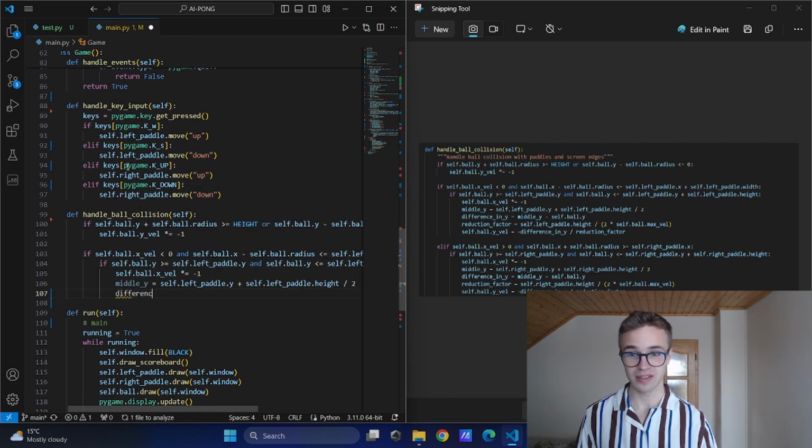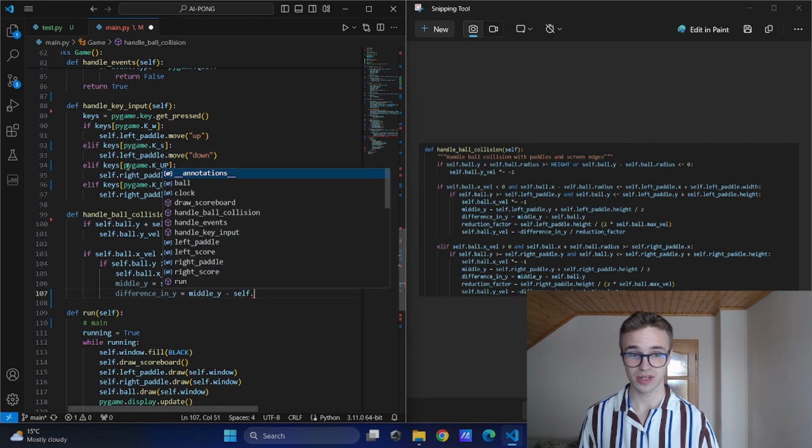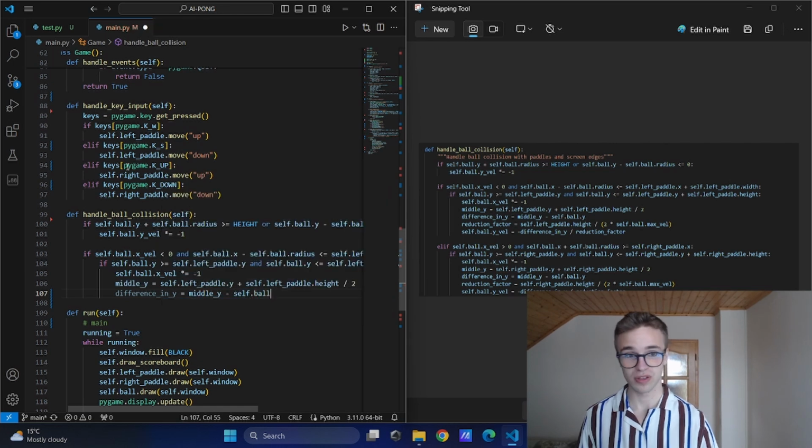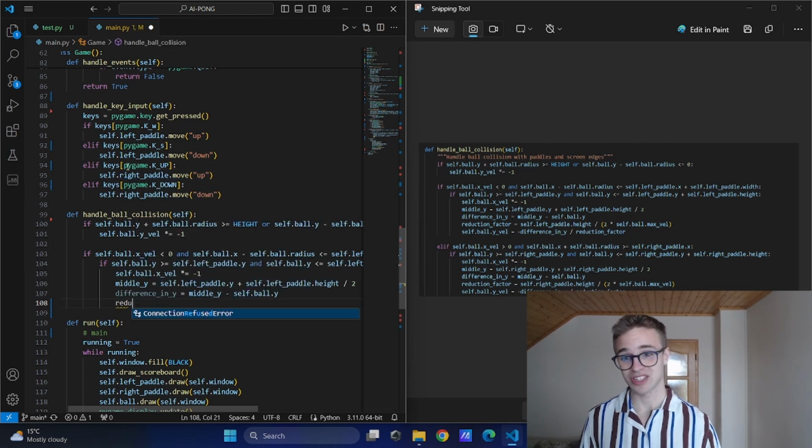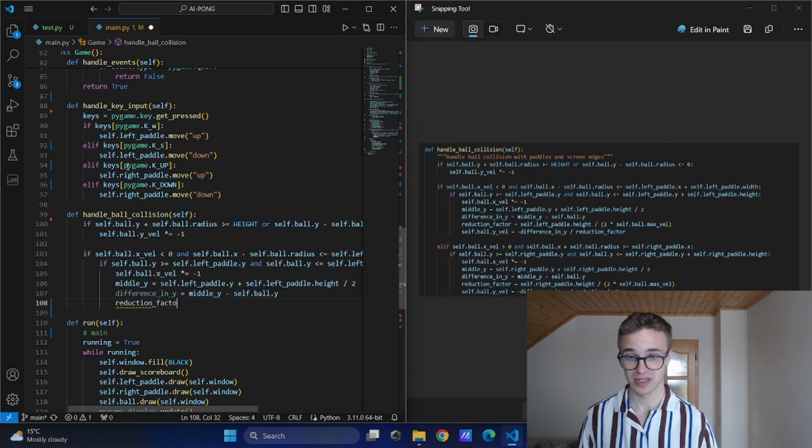The difference in Y between the ball Y and the middle of the pedal will be stored into this variable. And now with that we are going to calculate the reduction factor. It will be equal to self.left_pedal.height divided by 2 times